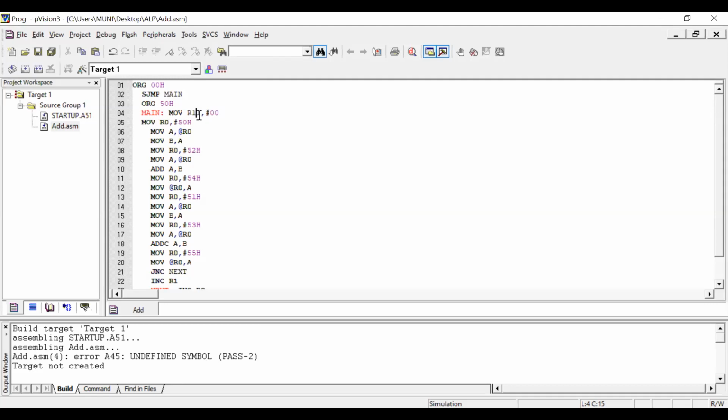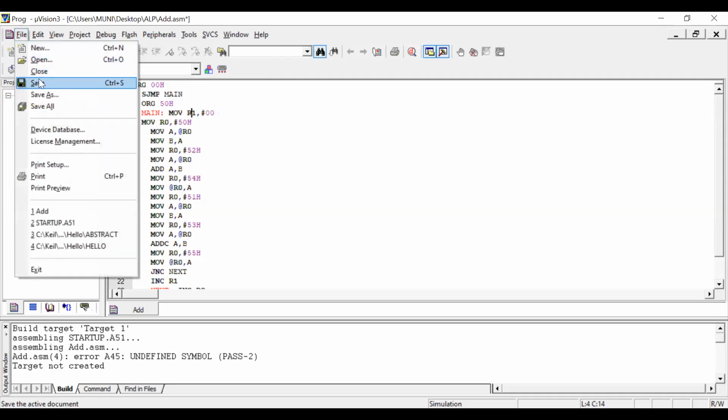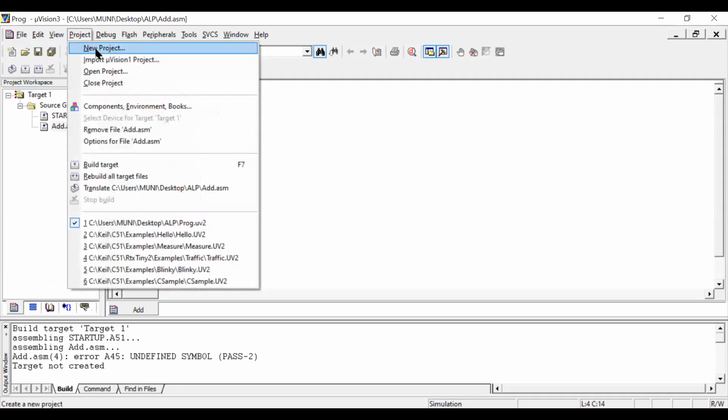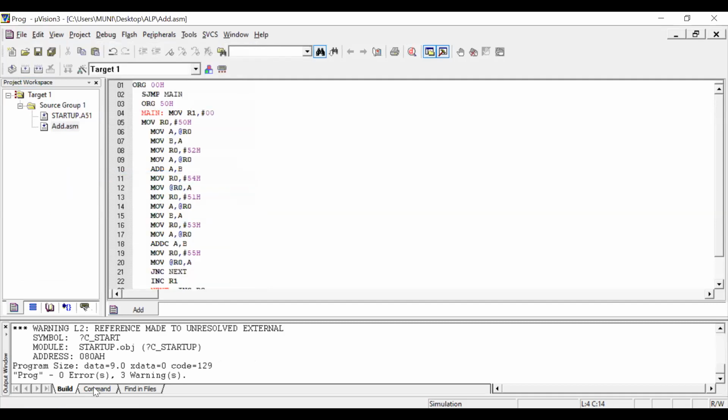So go to that particular line, remove that one, then go to file, save, go to project, rebuild. Now errors are 0. If any errors occur, go to the selected file and rectify the errors. Again go to file, save, go to project, rebuild target.